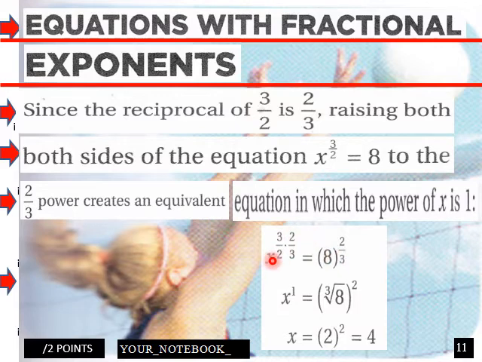So to solve this, we would go down into here, and then x is equal to 2 squared, which would equal 4. X to the 3/2 equals 8. So if we multiplied this by 2/3 power and this by 2/3 power, we would get this situation here. X would equal the cube root of 8 squared, which would be